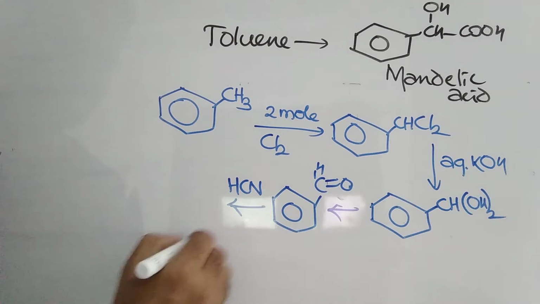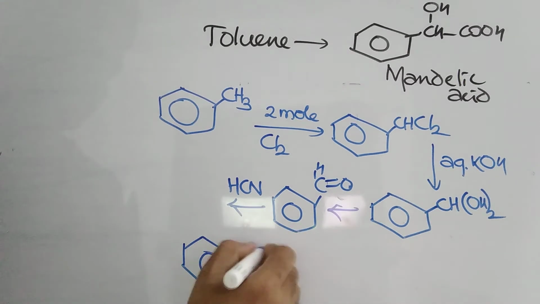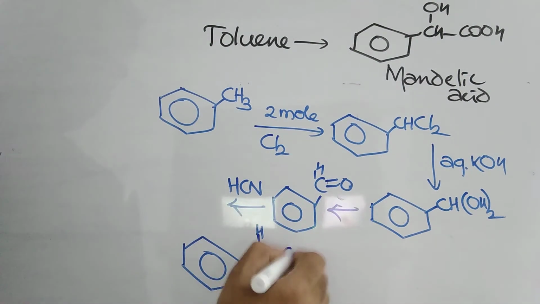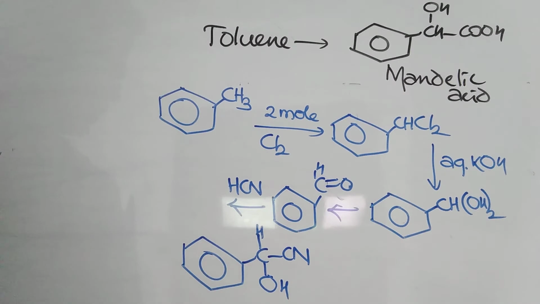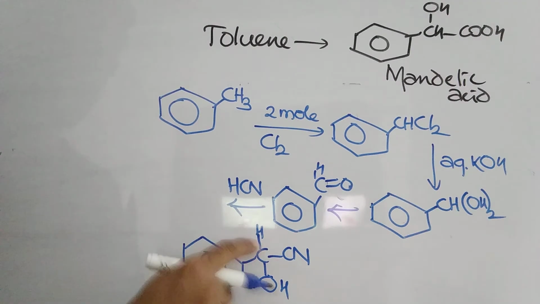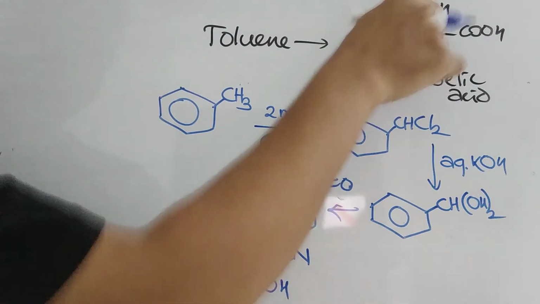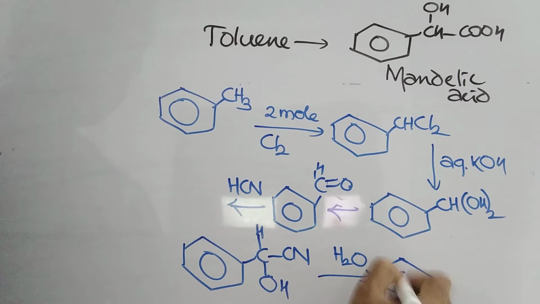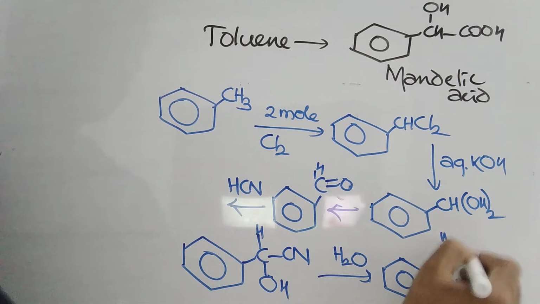So it will be giving you, see, benzene is as it is. This is CH, this is also as it is. Benzene CH, this will be converted, giving you cyanide CN, and this is converted to OH. Benzene CHOH you got. One cyanide is there, that should be converted to COOH. That's a very simple step. When you are going for hydrolysis, you will be getting here CHOH, COOH.